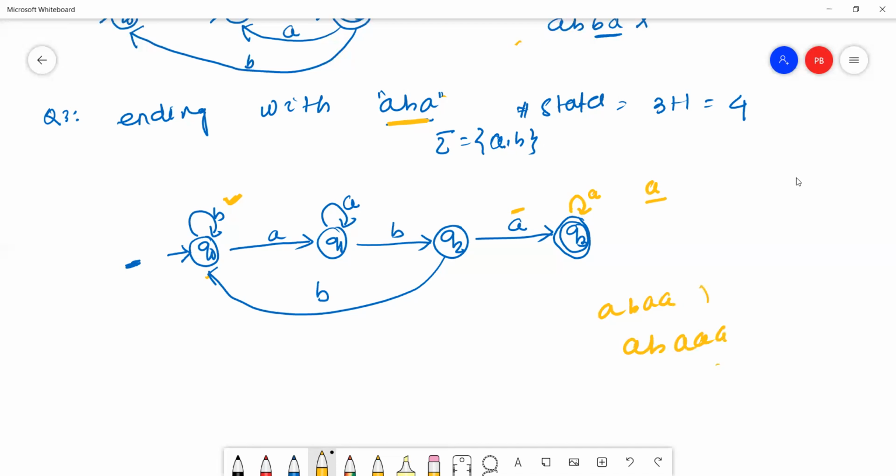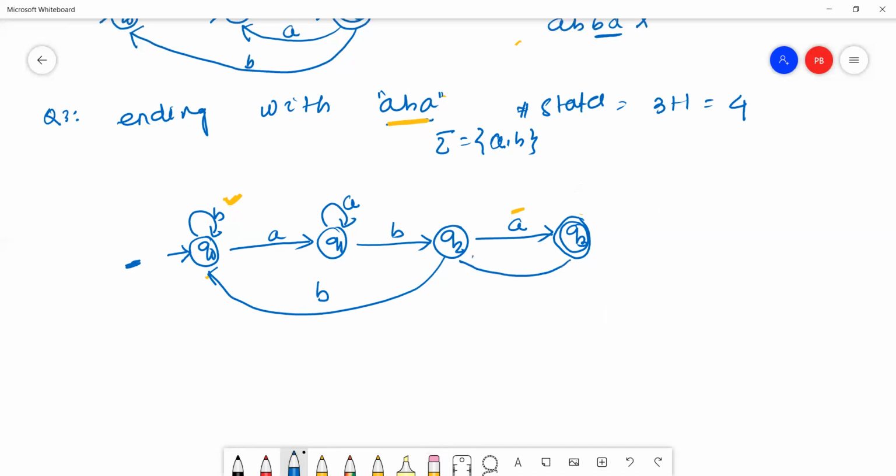But all these strings are invalid, because the question requires the string to end with ABA, but here the string ends with BA, and in this string it ends with AAA. So all strings are invalid. So A will go back to the Q2 state.